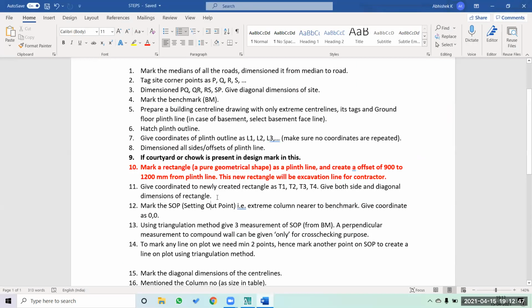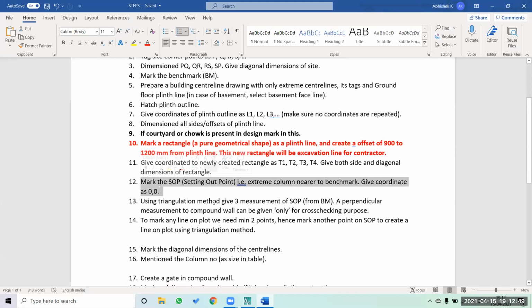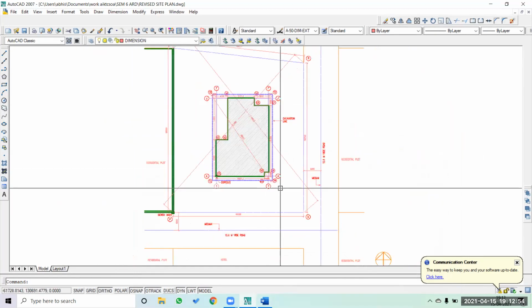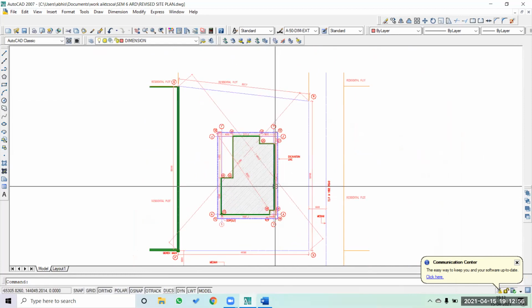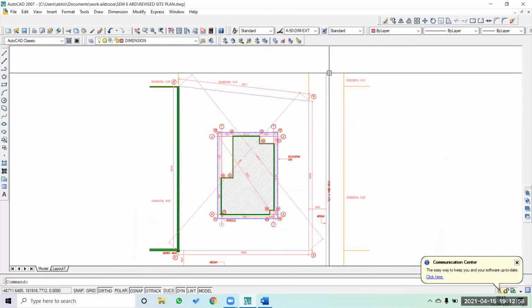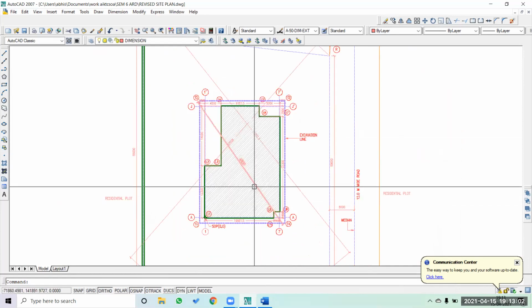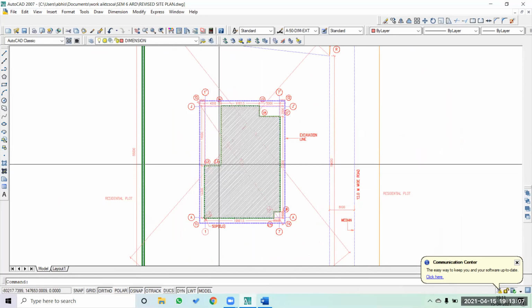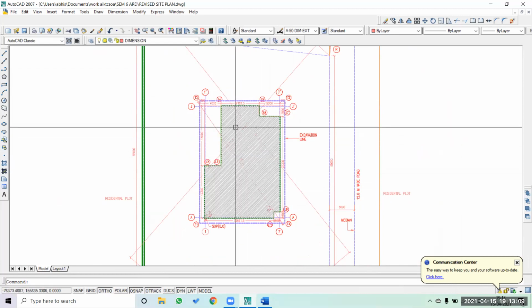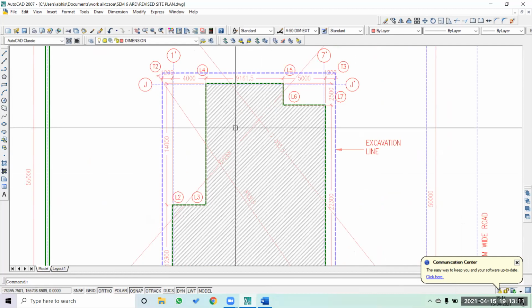This is also a very important step where you are marking the 0 comma 0 for the first time. So now more or less we have finished with all the coordination, giving coordinates and setting up our building on the site in terms of its own dimension and its own configurations. We got diagonal dimensions of the center line.